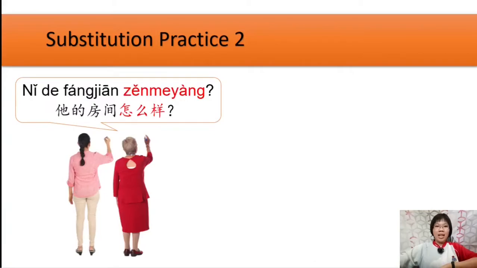Next, let's describe the condition of the room. In order to ask how the condition in a room is, we use the word 怎么样？Bagaimana? How? 他的房间怎么样？Dia punya bilik macam mana? 他的房间怎么样？